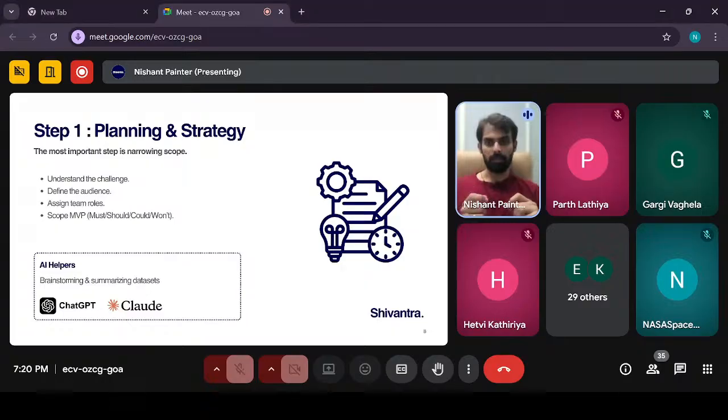No two things. The reason is they should be specialized in their own area of working. They should have very defined roles and responsibilities so that no two people will work on the same thing. And this will save us time because you are not working on redundant things, right? And once you have defined the objective, you have defined the audience, you have defined the roles, next thing that